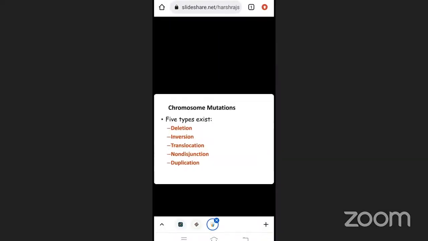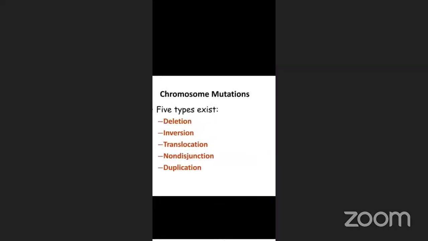Now, the different types of mutations are present. There are five types of mutations. The types of gene mutations are spontaneous and induced mutations. Depending upon the type of gene mutation, either a protein will be produced or it will affect the DNA, resulting in a structural mutation. Based on the effect on the organism, mutations have been classified into categories, the first being the morphological